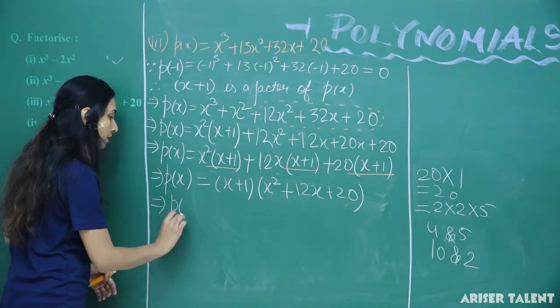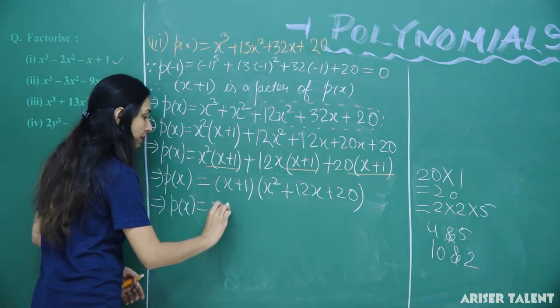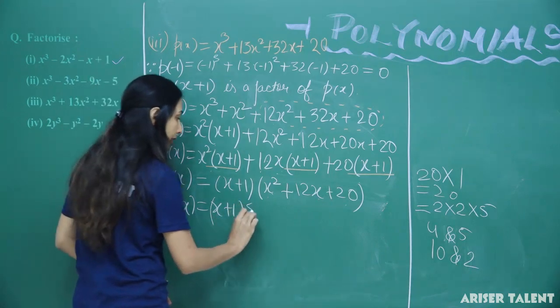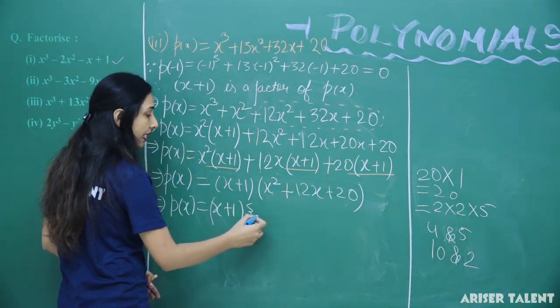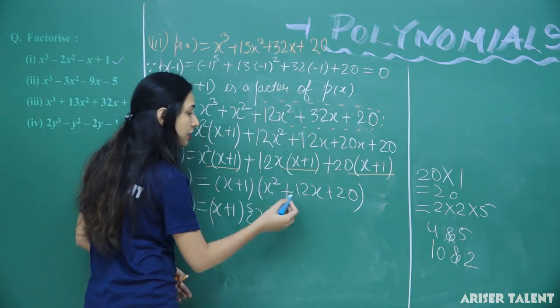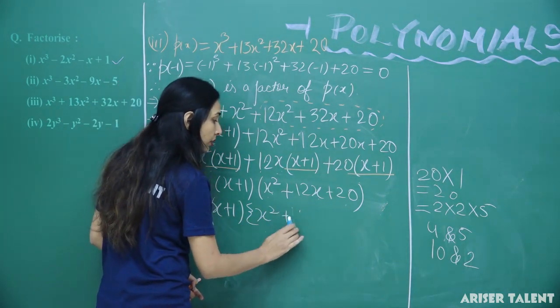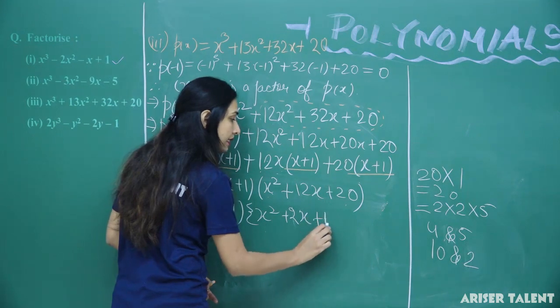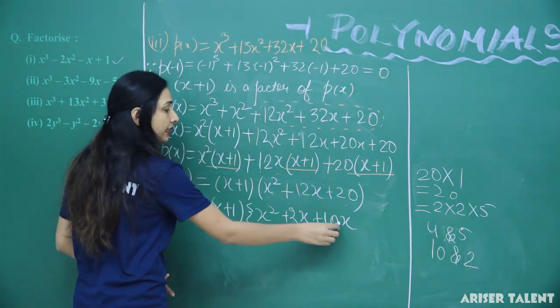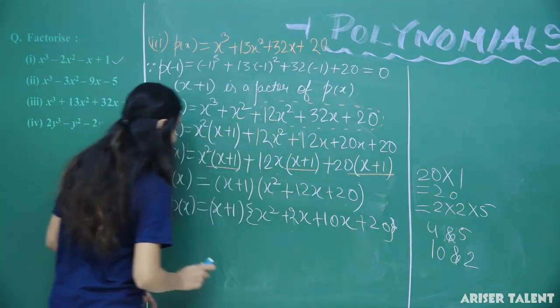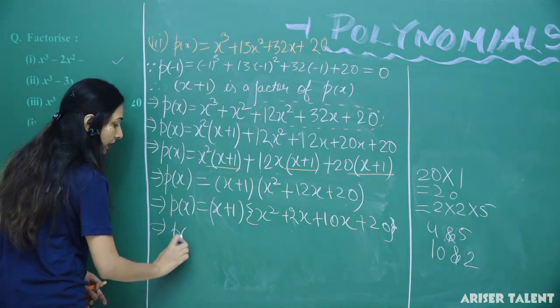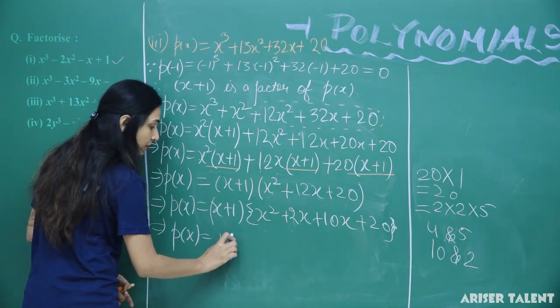So P(x) will be equal to x plus 1, then curly bracket, because we are going to use brackets here in some step. So that will be 2x plus 10x. Now 2x plus 10x is 12x. So this is it. Now P(x) will be equal to x plus 1,